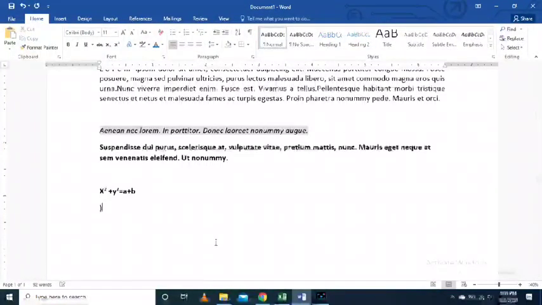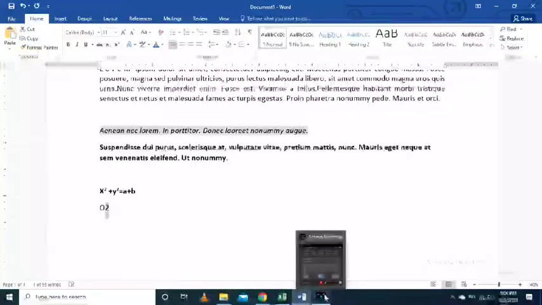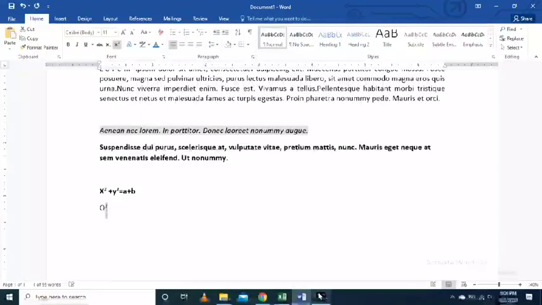Suppose O2, oxygen. I want to write the oxygen formula O2. The 2 should go up. Sorry, I've written 0, not O. So O2. Again, I will discuss a shortcut. You have to use Control Shift and plus. Let me show you with the keyboard again.